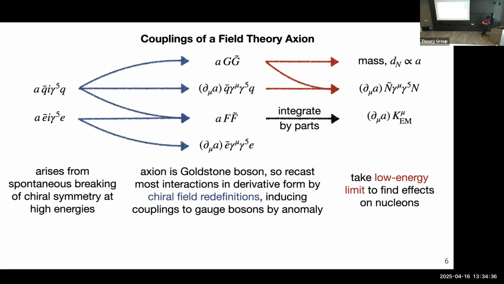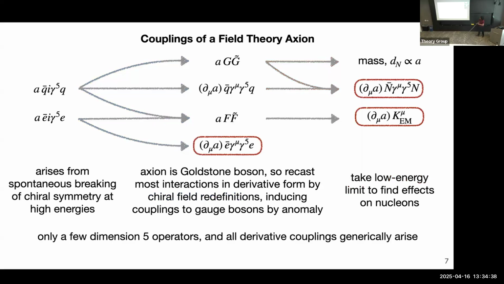So the important part of the story is that in the end, you get a few couplings to fermions. And these are all the ones that you would expect to have at dimension 5 without breaking any additional symmetries that we know are pretty good. And so this is what you could have written from the beginning by just saying, well, if I postulate I have some axion field, and I just write down all the terms that could appear in dimension 5 effective field theory, you would get these 3 terms.